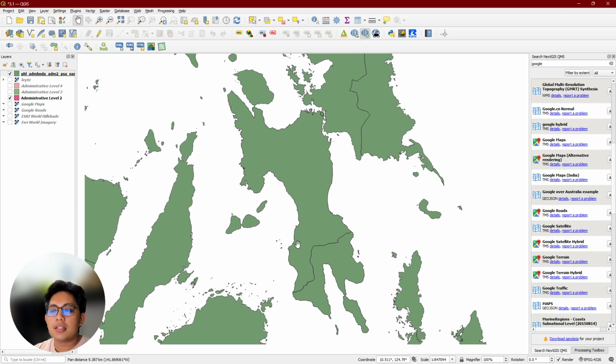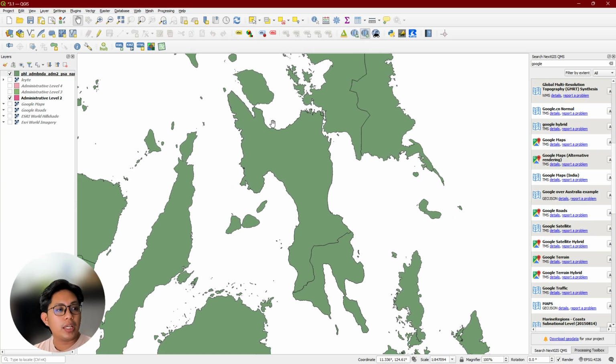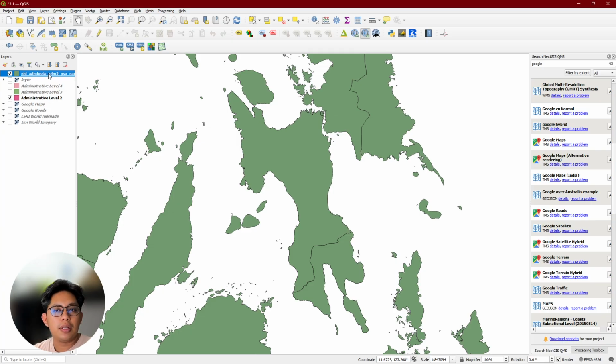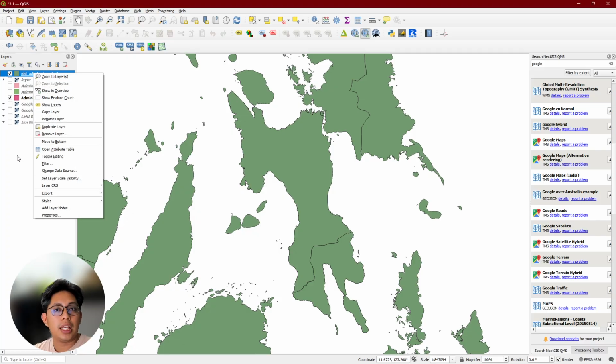So in this case, since I already had focus on Leyte, automatic ako dire. So if you want to focus on the entire thing, click the layer, right click. So left click muna para maging blue. Then right click or just automatically right click the layer.